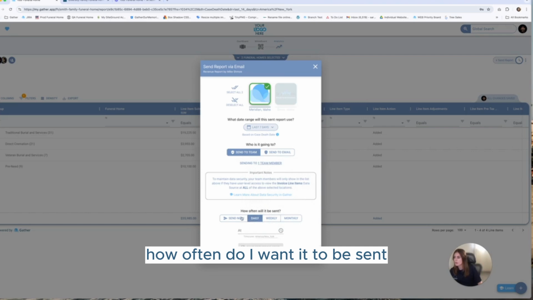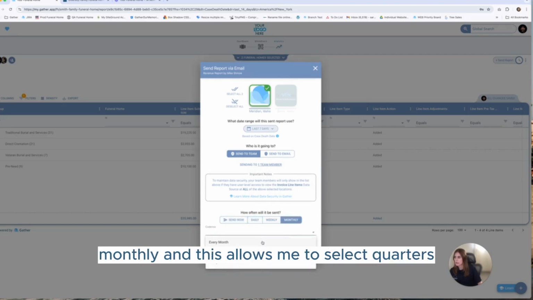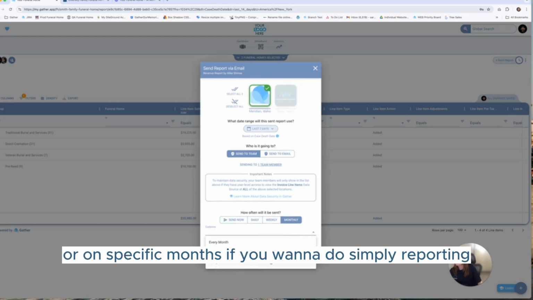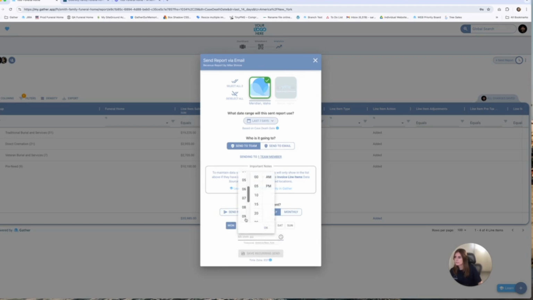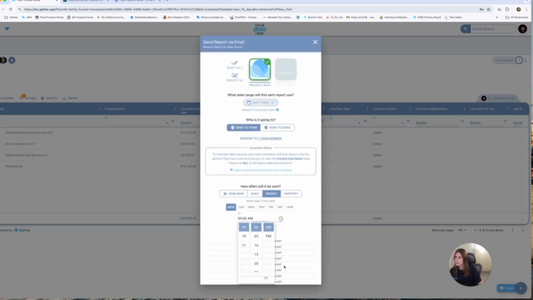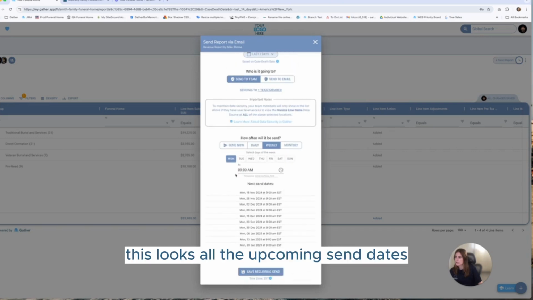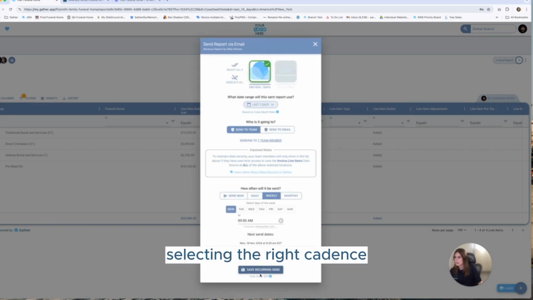How often do I want it to be sent? I can either send it right now, send it daily, weekly, monthly, and this allows me to select quarters or on specific months if you want to do some daily reporting. But let's say I want to do Monday at 9 a.m. This lists all the upcoming send dates so you can be sure that you're selecting the right cadence, and save